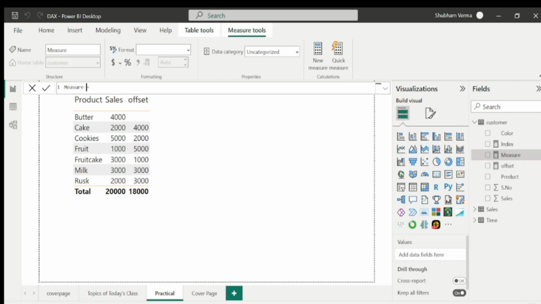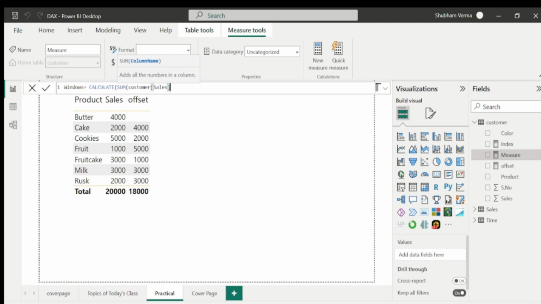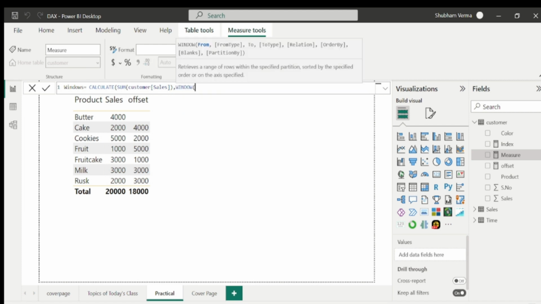So let me rename this measure as windows. And now I will write my measure. So I'll start with CALCULATE, SUM of sales, close the bracket, comma, and now I will write my WINDOW function. And look at the parameters guys. So here the first parameter is from. That means on which position you want to start from. So here I will take 1 this time, comma,